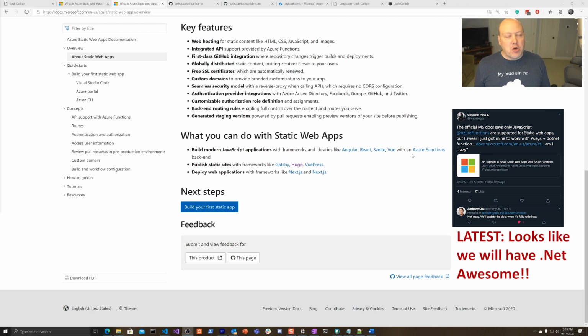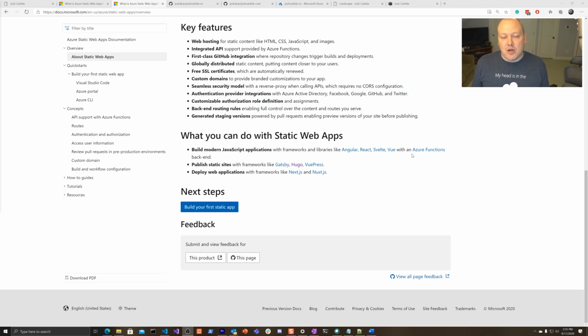I am fine with Node. I can do Node development. I'm happy doing JavaScript, did JavaScript for years. But, you know, being a .NET guy since the beginning of .NET, that's kind of where I like to gravitate towards, my happy place. And so it would be great to be able to see Azure Static Web Apps support the full breadth of languages that are available on Azure Functions, whether you want to do Python or Java or whatever we support, PowerShell, I guess, right? I won't judge. But right now we're restricted to just Node.